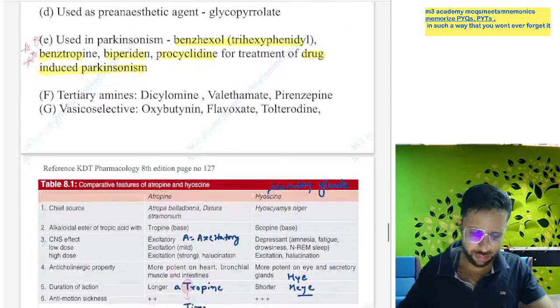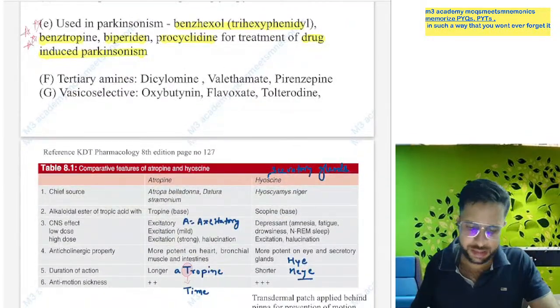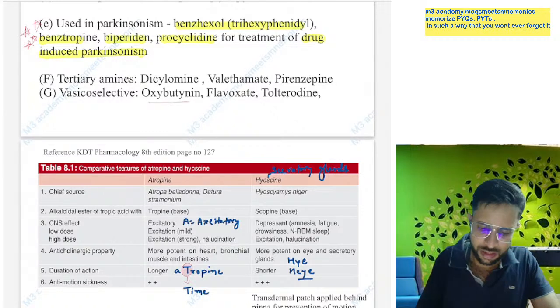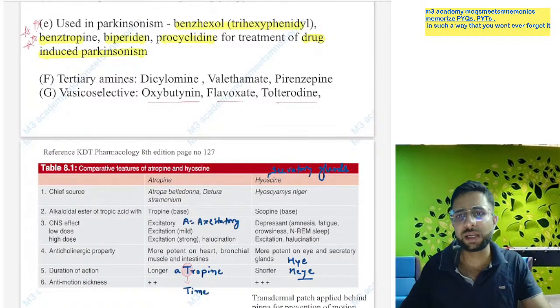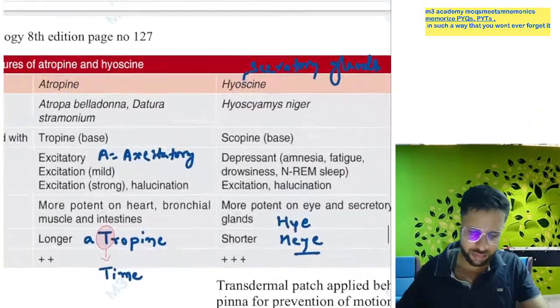Yes, now next is the tertiary amine like dicyclomine, valethamate, and pirenzepine. Vesico-selective drugs like oxybutynin, flavoxate, and tolterodine. So this is the soft bladder drug. सॉफ्ट ब्लैडर इज अ निमोनिक, आगे देखेंगे इस निमोनिक में क्या क्या आता है।